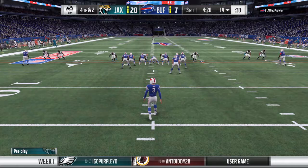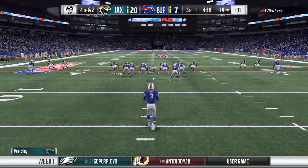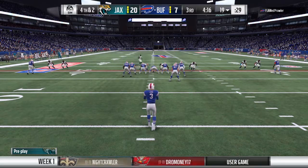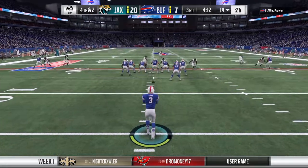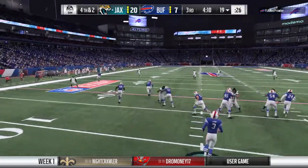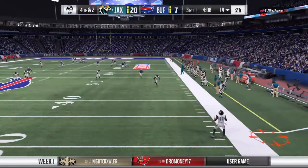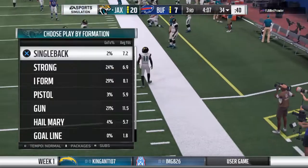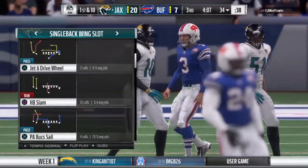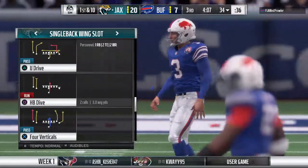The Bills send the punter out as he's on to punt for the first time tonight. And he gets it away, a directional kick going toward the sideline. And the punt over the side in the air, and the spot will be inside the 35. Out comes the Jacksonville offense as they get